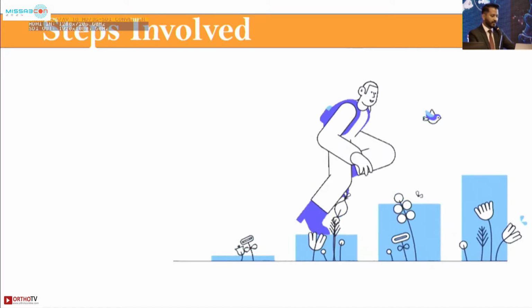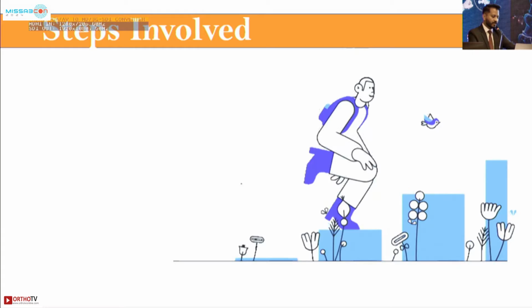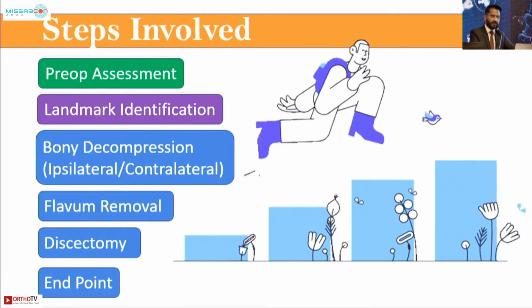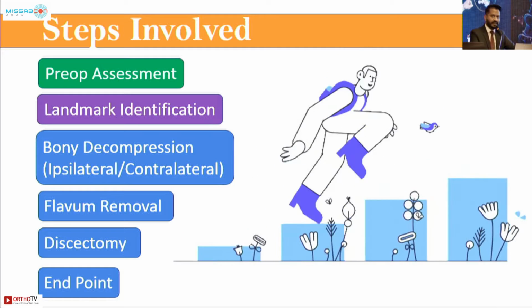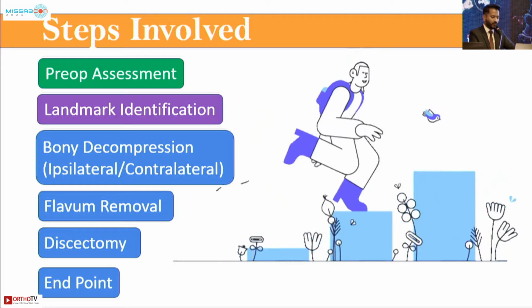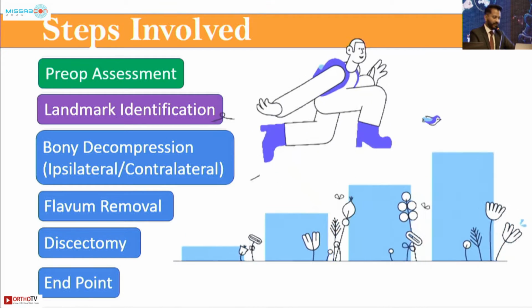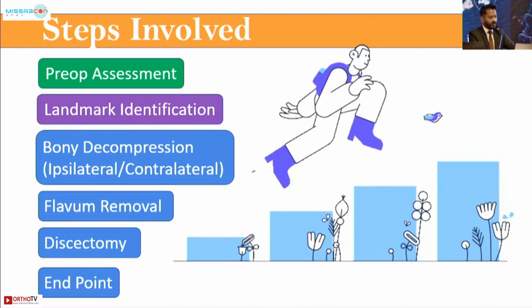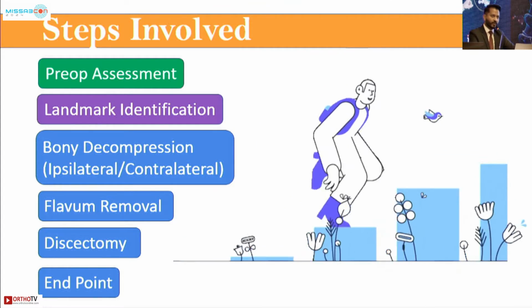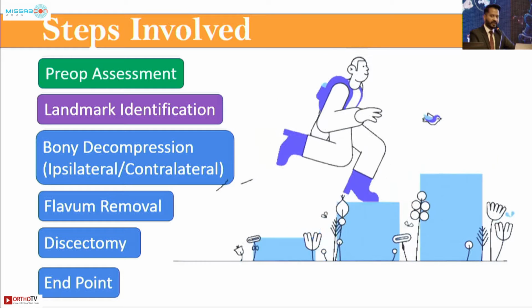So let's see what are the steps involved in the stenosis decompression. The first and the most important step is the preoperative assessment of the MRIs and X-rays. The second step, once you go inside and once you remove the soft tissue, the second most important step is the landmark identification. Next comes the bony decompression, whether it's ipsilateral or contralateral. Then the ligamentum flavum removal, then the discectomy, and after that you have to decide what is the end point of your